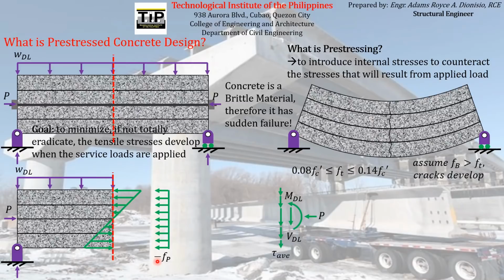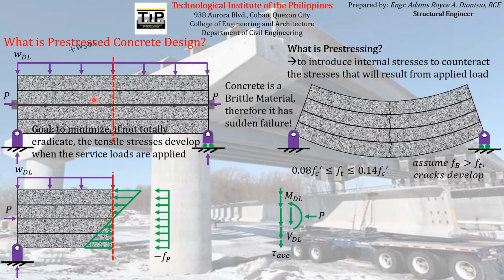So what will be the purpose of these compressive stresses that resulted from the addition of pre-stressing reinforcement to the concrete beam? What is the purpose of that? The purpose of that is to actually again minimize these tensile stresses. Like for example, since in this case the flexural stresses here in this figure came from the dead load only. Say for example,